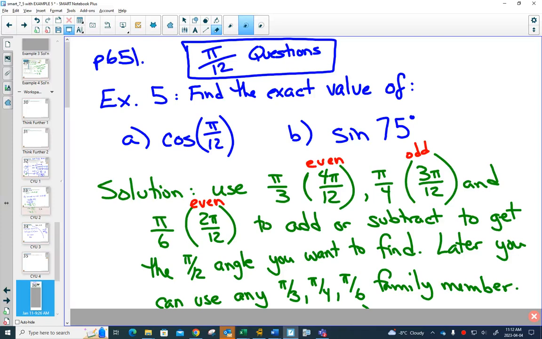Okay. So now I want you to look at those and see if you can figure out ways that you could make